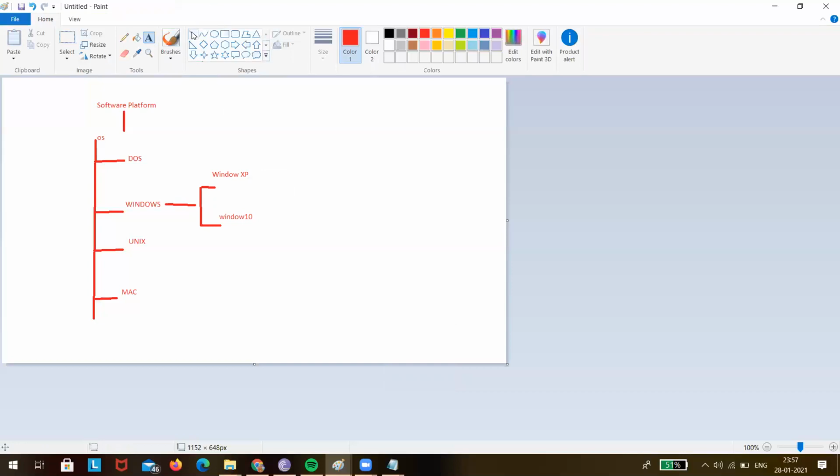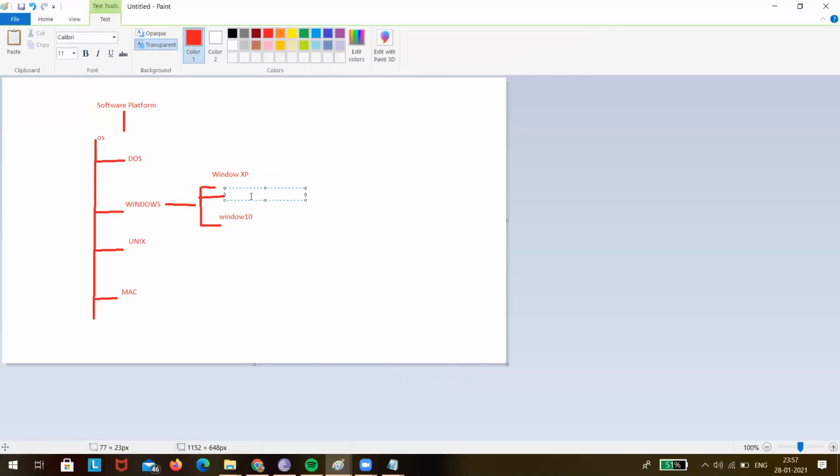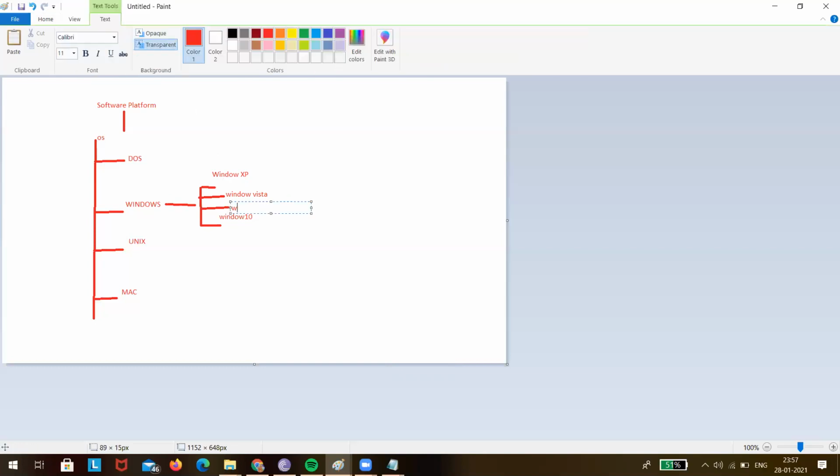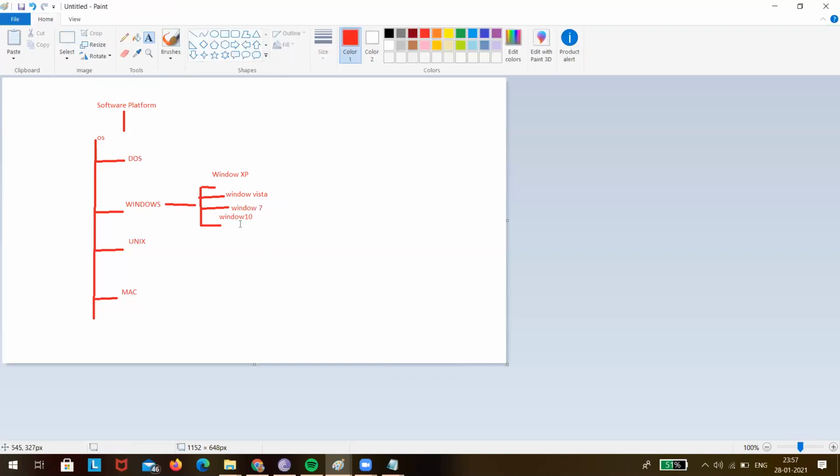Before that, the version was what? Windows Vista. Then before that, there was Windows 7. Again, there was Windows 8 and then 8.1 and then Windows 10. So these are generally the versions of Windows.